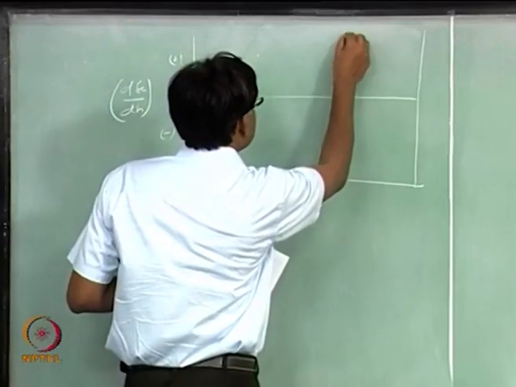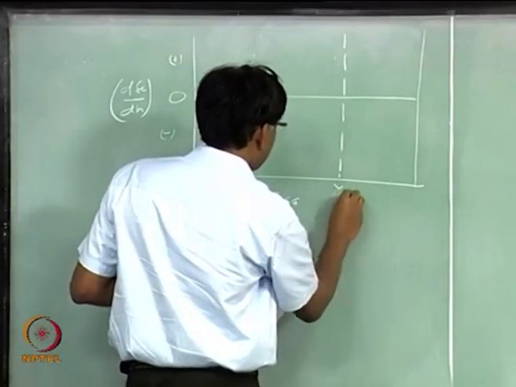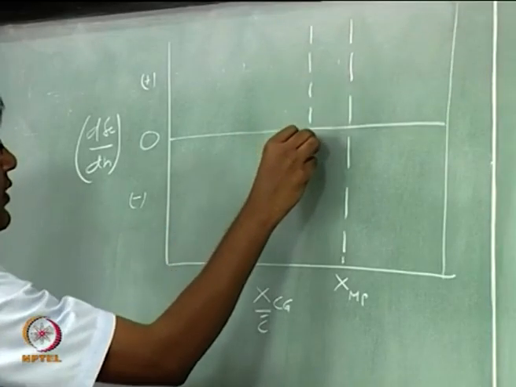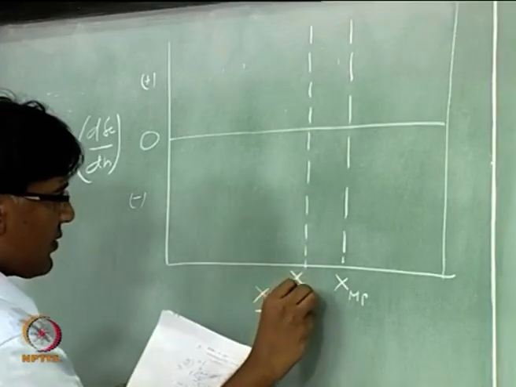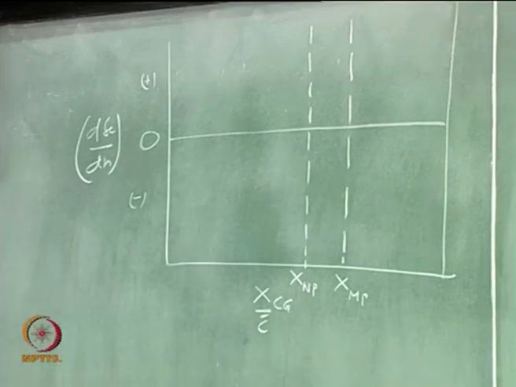Let us draw the plot, right, and let us start moving the CG. Okay, we see how CG is going to change this control requirement with respect to velocities. So, I can plot